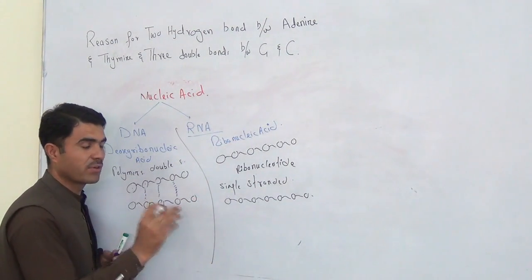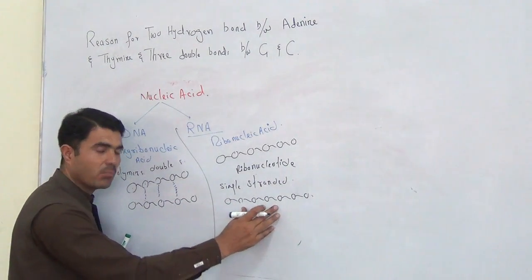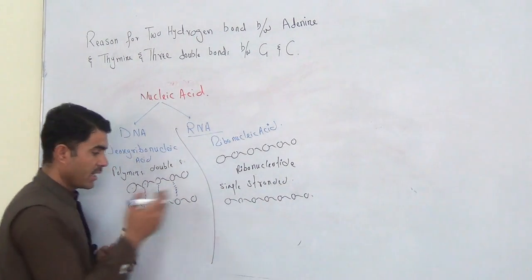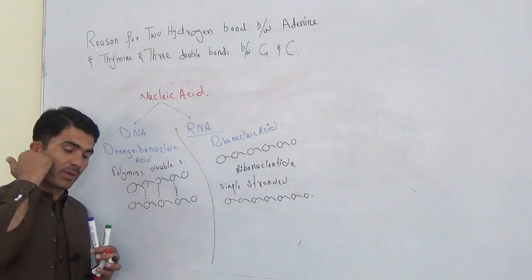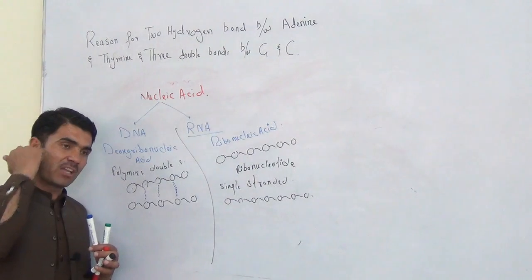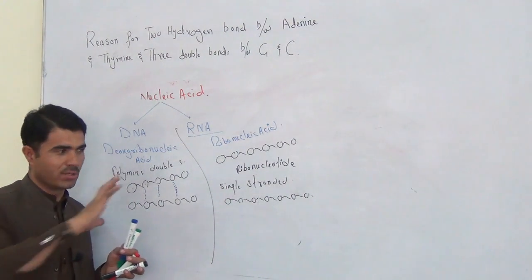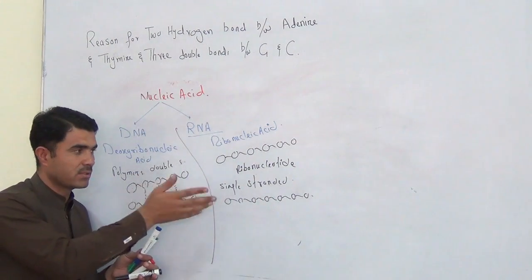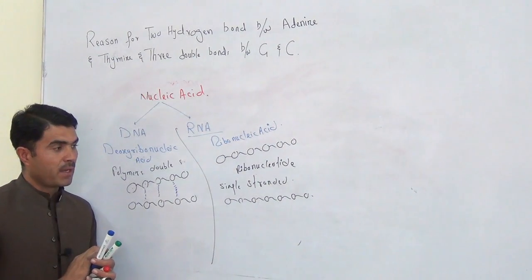both consist of smaller units. It is nucleotide, more specifically ribonucleotide. These are also nucleotides, but more specifically they are called deoxyribonucleotide. And I hope you got the whole idea about deoxyribonucleotide and ribonucleotide. Okay, now